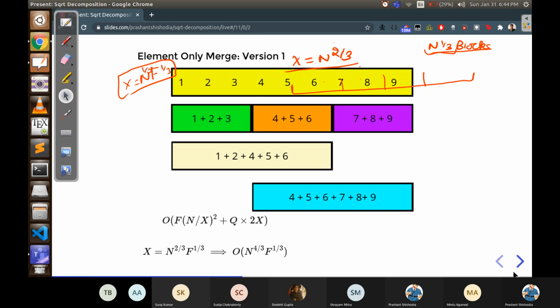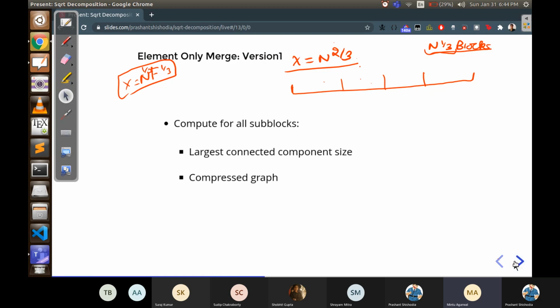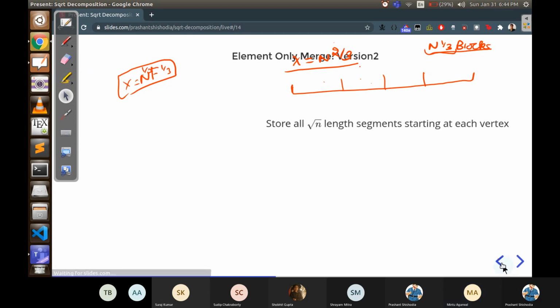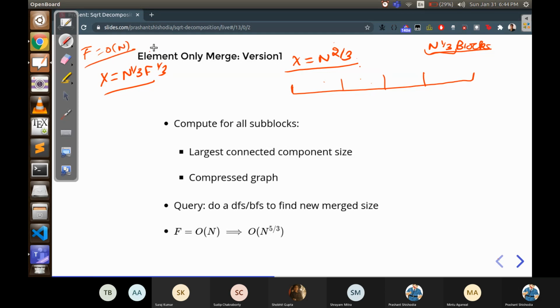No, it's not supposed to be this, because n square by x square, x cube, and it's supposed to be n raised to 1 by 3, yes, so it should be 1 by 3. I'll correct that later. So yeah, consider this: x is equal to n raised to 1 by 3, f raised to 1 by 3, and I am saying that f is O(n). Just believe me for a while. I'll tell you what all we will store.